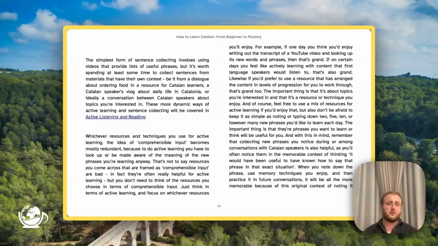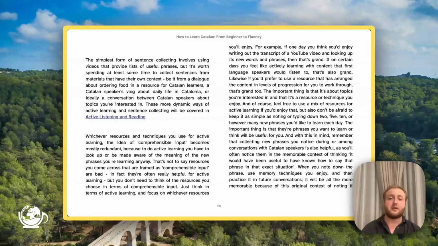any rules to follow in terms of what you use for your active learning and how you do your active learning. As long as it's using mediums and methods you enjoy, and it's on topics you're interested in and that are relevant to your life, and that enable you to collect sentences, collect phrases, or learn sentences, learn phrases, then that's fine. So this can be subliminally or very deliberately. And what I mean by that, for example, is